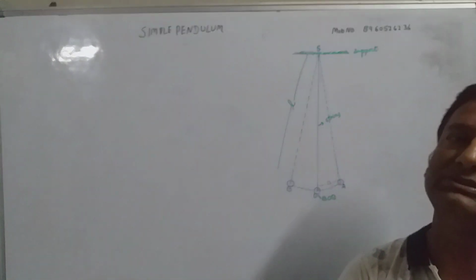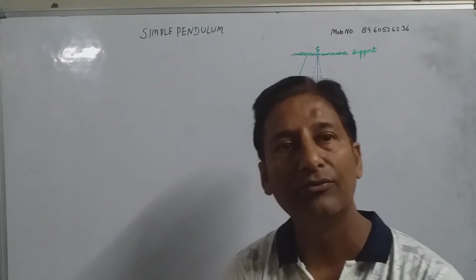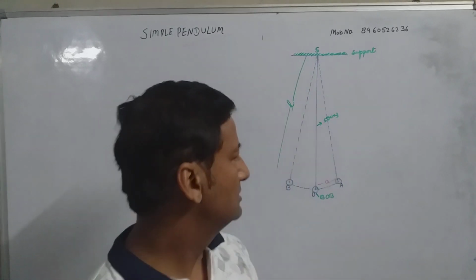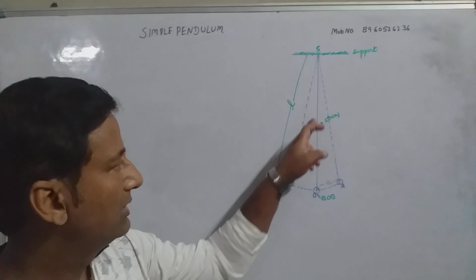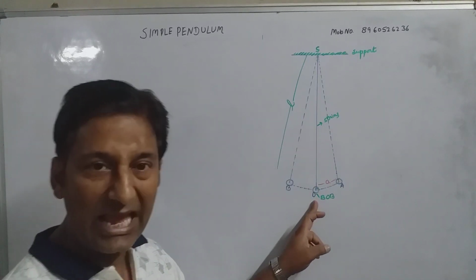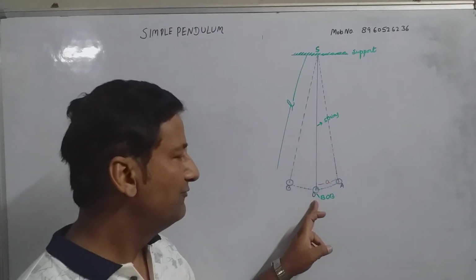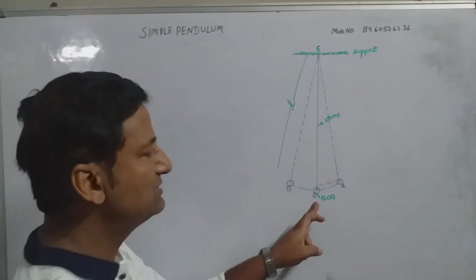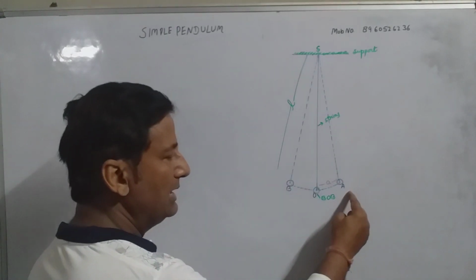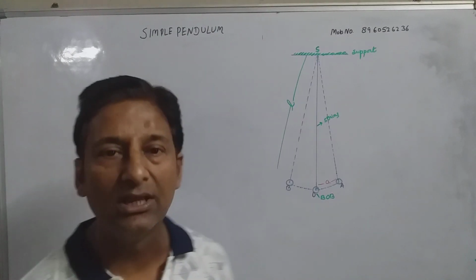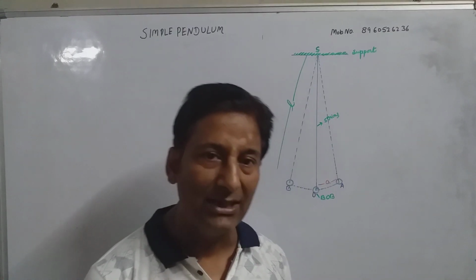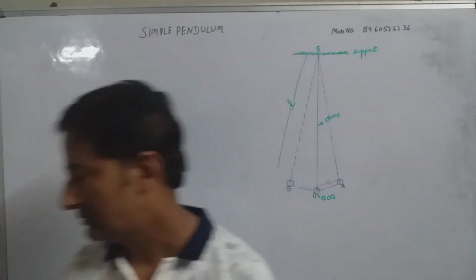You must know about the simple pendulum. You must have seen a pendulum in your wall clocks. It's the simple construction of a simple pendulum. It consists of a string attached to a heavy mass, a point mass you can call it, known as the bob. When this bob is released from this side, it starts moving like this, a to and fro motion. What is this motion known as? To and fro motion, right? So today we will discuss this.